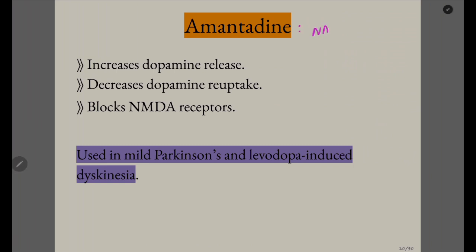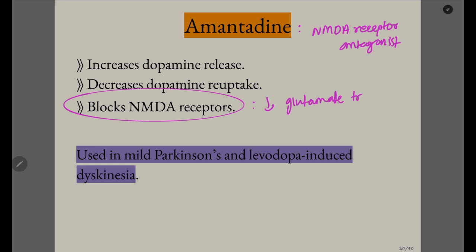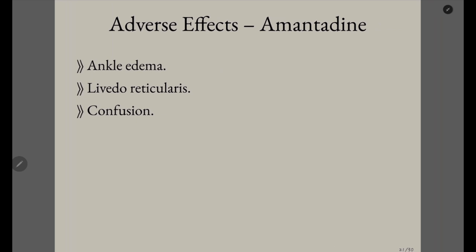Those are NMDA receptor antagonists, and they also increase the dopamine release and block NMDA receptors, so this decreases the glutamate transmission. It is usually combined with levodopa, and it can be used in mild Parkinson's disease and also levodopa induced dyskinesia. We can use this Amantadine. Okay, the adverse effects are livedo reticularis, which are dark pigmentations in skin, ankle edema, and confusion. Okay, you can remember it as